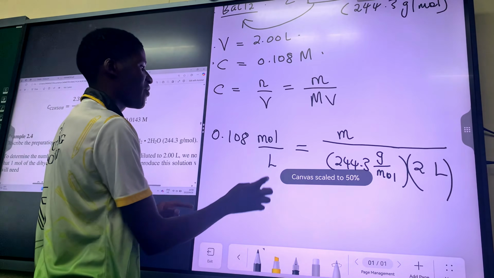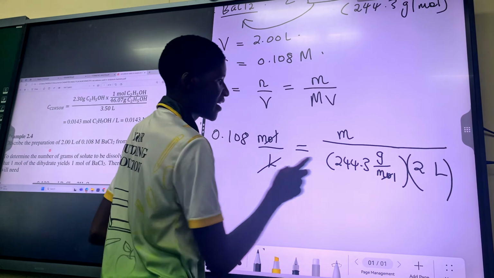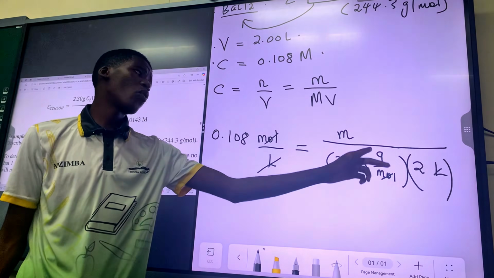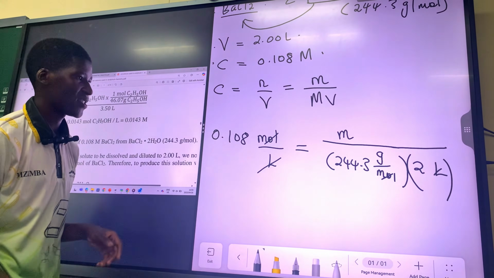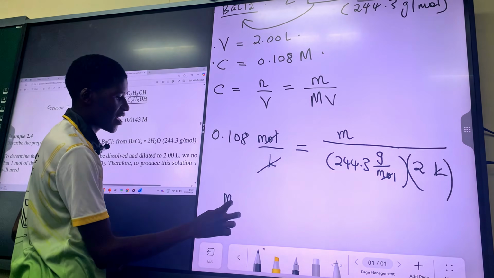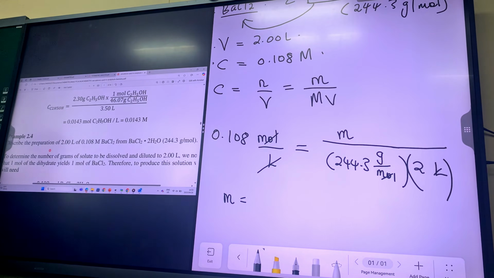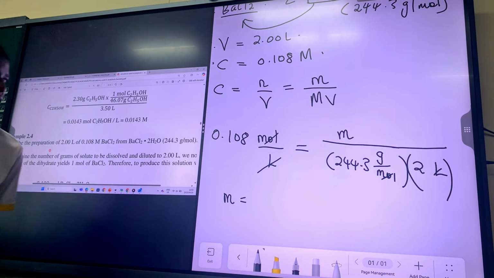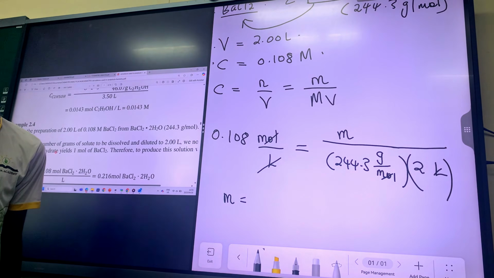Obviously, we are canceling units. Mole and mole will just cancel off. Liter and liter will cancel off. Grams remain, multiplying again. That's why mass here will be measured in grams. So our mass there will be equal to whatever number that you will get there. Please do it for me on the calculator. Oh, I think it's even here as well.